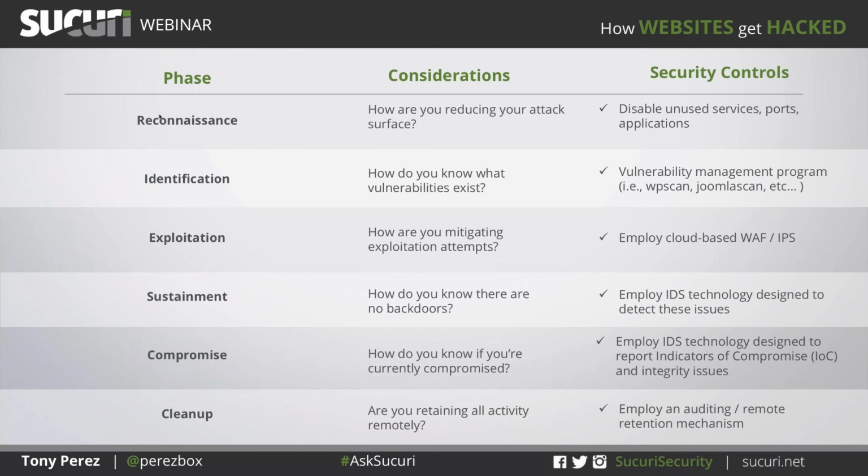On the identification side, what vulnerabilities exist? On the enterprise side, we talk a lot about vulnerability management programs. We don't talk a lot about that in the consumer and mid-market domain. It's not a common terminology. We talk a lot about updates, which is really patch management. Updates are there to address a number of things, from security fixes to bugs. Not every bug is a security fix. We say update because it's easier for people to absorb, and it falls into this patch management domain. But vulnerability management program is really what we're talking about. We're updating not only to fix issues, but also to address a lot of security issues.